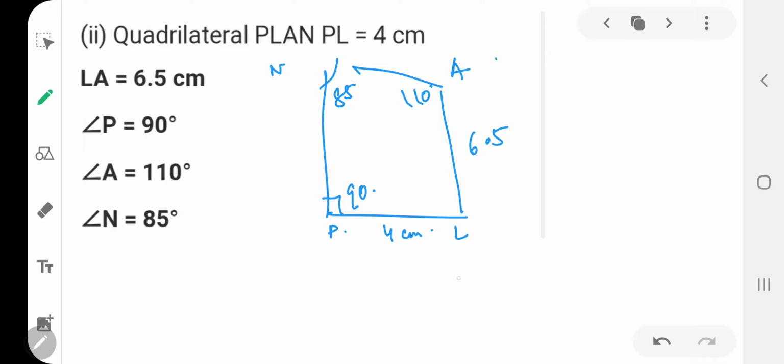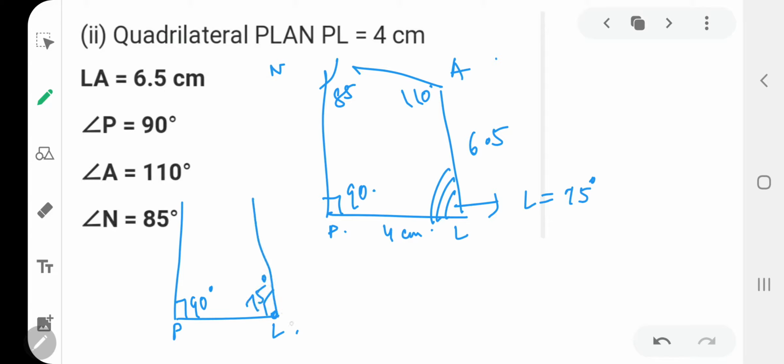So by angle sum property, first you have to get the value of angle L. So you will get value of L as 75 degree. Now take a base PL. On PL, make 90 degree. You can use your protractor or with your compass also. I have explained how to draw 90, 45, 30, 60, 120, 135, 105. These all angles we have studied how to draw with the help of compass. So if you want, you can use that, or you can also use your protractor and make the angle of 90 here. On this side, keep your protractor at L and mark angle 75.